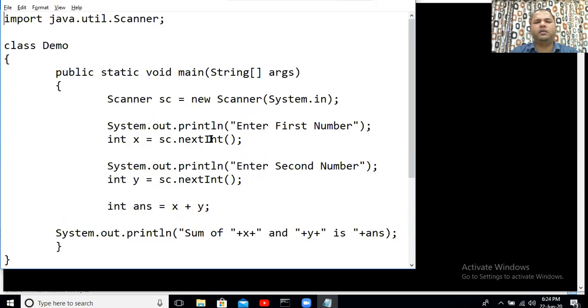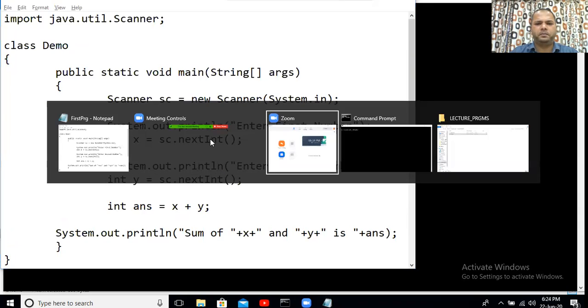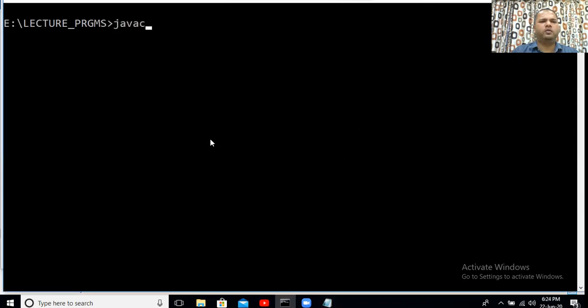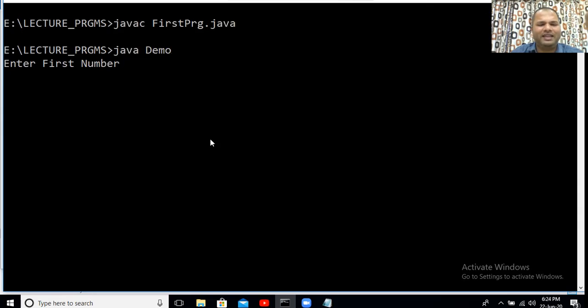Let's see whether we are able to run this code properly. So I'm going to compile my program first. We'll say javac prg.java. So the program would get compiled here. As you can see there is no compile time error as such. And then I'm going to say java space name of that class which contains main method. And now no command line arguments are to be provided, because we want input to be provided during the program execution.